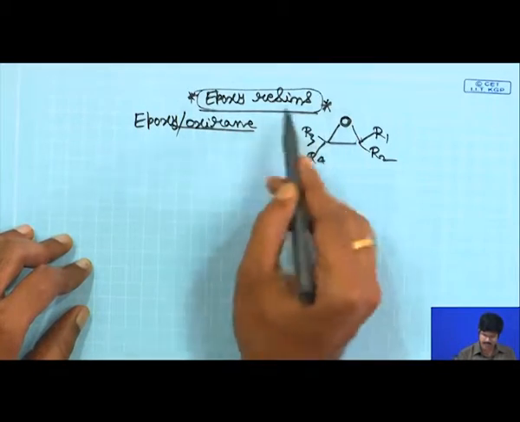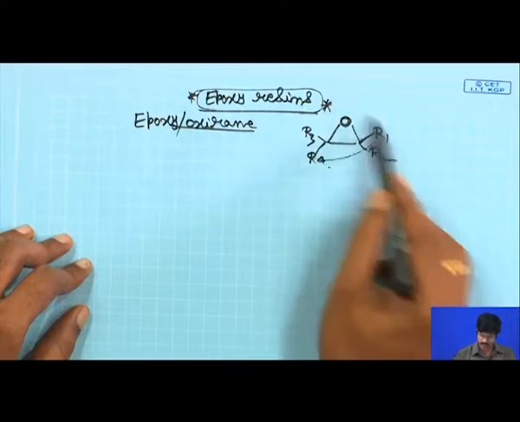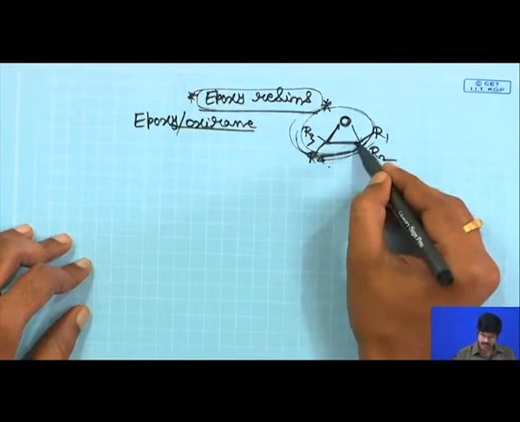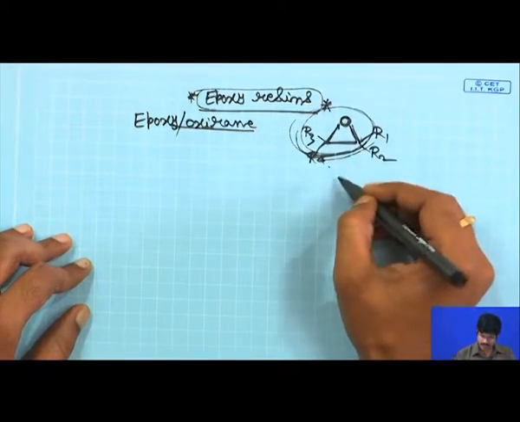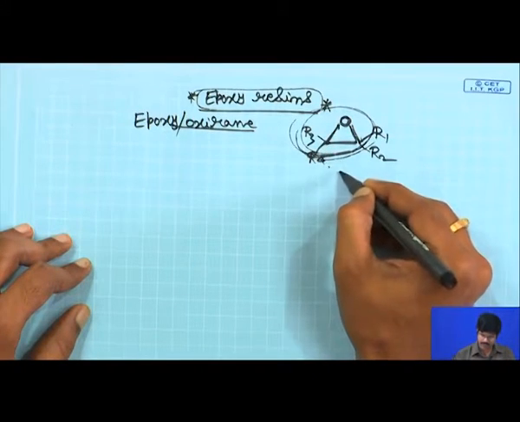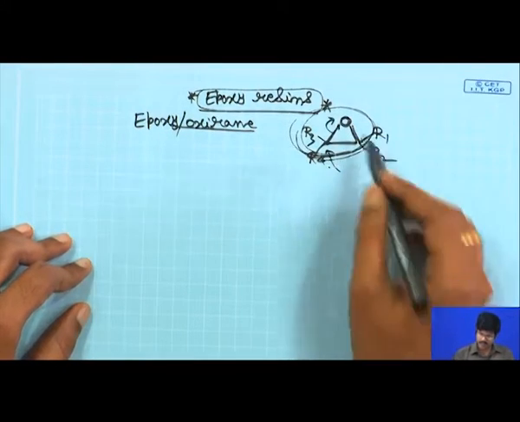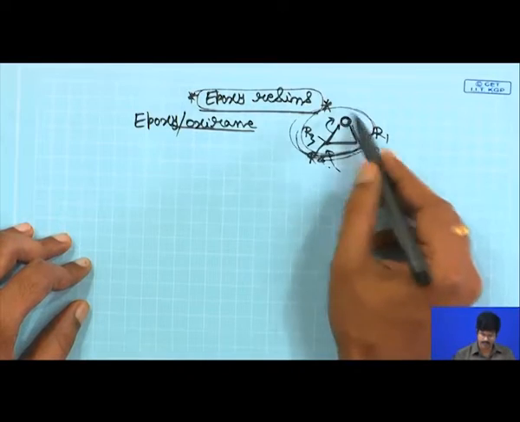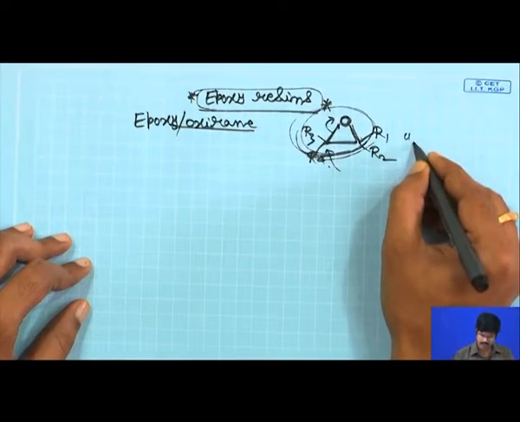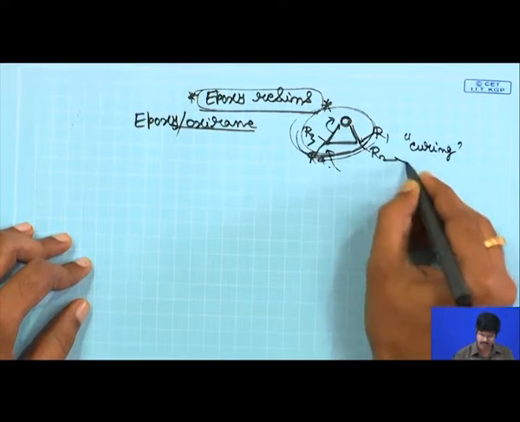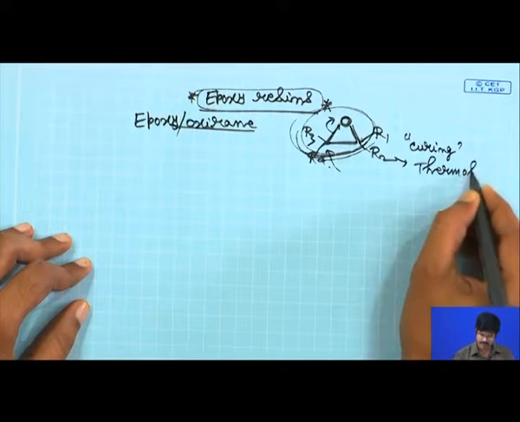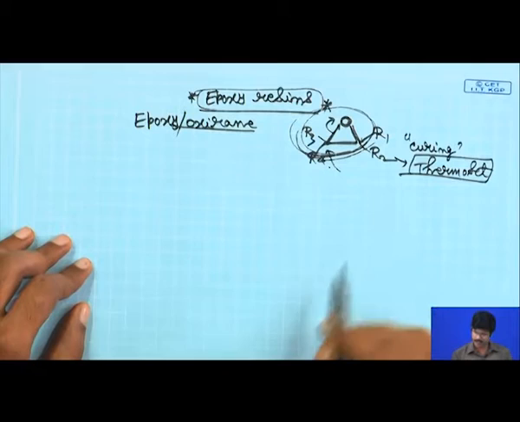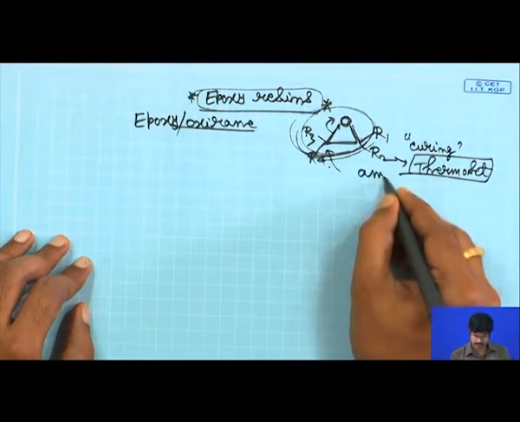So, epoxy resins are typically characterized, as I told, by the presence of more than one such linkage, and these epoxy linkages can be opened up. If you have a nucleophile that attacks here, it can open up here like that. So, you can cross link chemically a material which has this kind of linkages; you open up and then cross link, and that is called your curing. Ultimately what you can get are thermoset materials, which have permanent cross links which cannot be further processed by heating, and typically these are amorphous